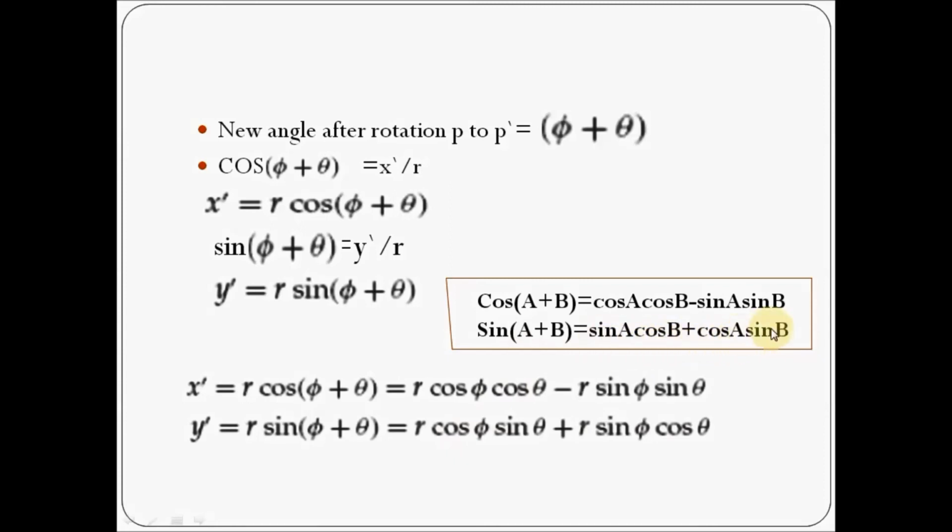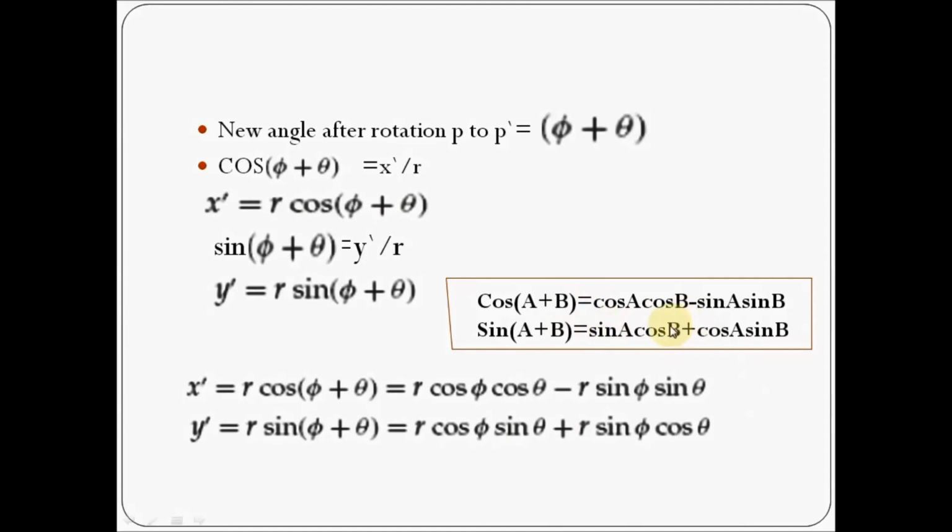First I have taken cos a sin b, next I have taken sin a cos b. So even if I do it like this, no problem. For making the calculation easy, I took it like this, right? So sin a cos b is sin phi cos theta, next cos a sin b is cos phi sin theta. Getting, guys? So I just converted my values according to this formula.